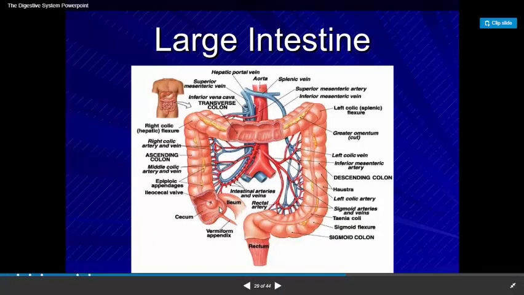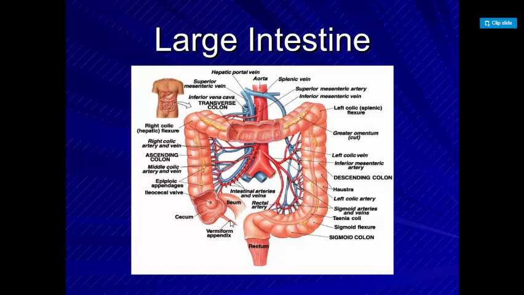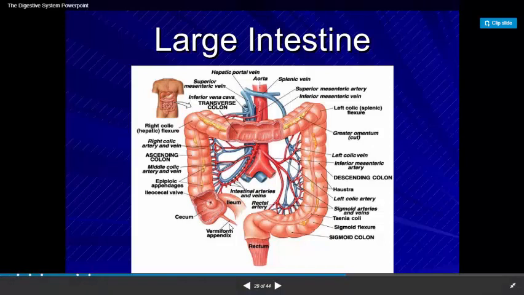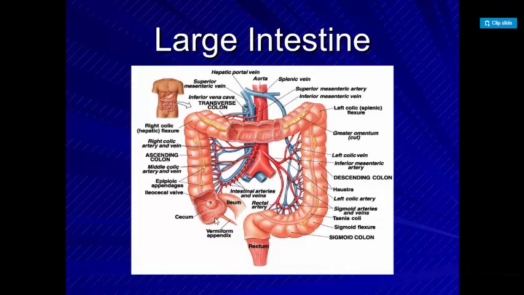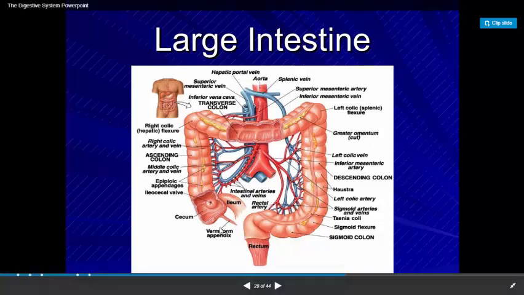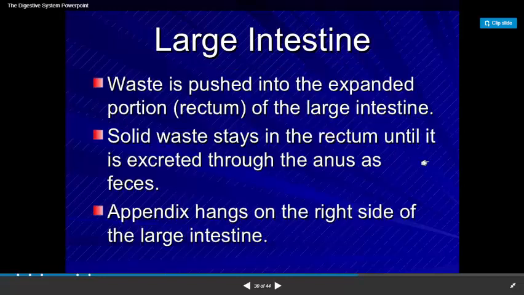Here is the appendix. Okay, the appendix, this part, has been proven to have no function in humans, although it's important in some animals, as for example the rabbit. It is responsible for digestion of cellulose, which is the green part of the plants that the rabbit eats. But for us as humans, it has proven no function till now. Sometimes some people have an inflammation of the appendix. It is called appendicitis. And this inflammation of the appendix requires it to be removed. Removing the appendix causes no problem because, as a matter of fact, it doesn't have any function in the human body.